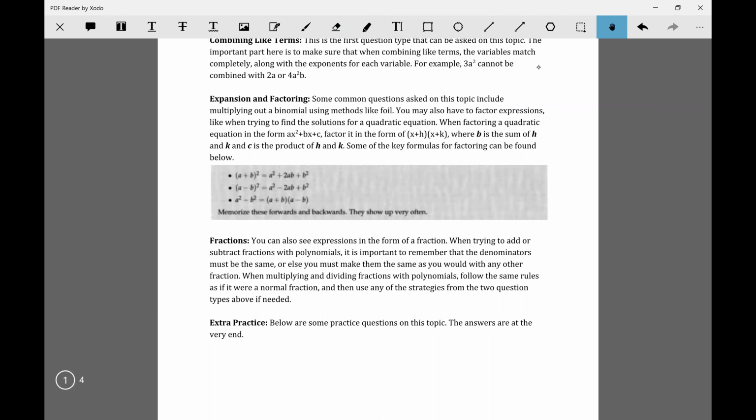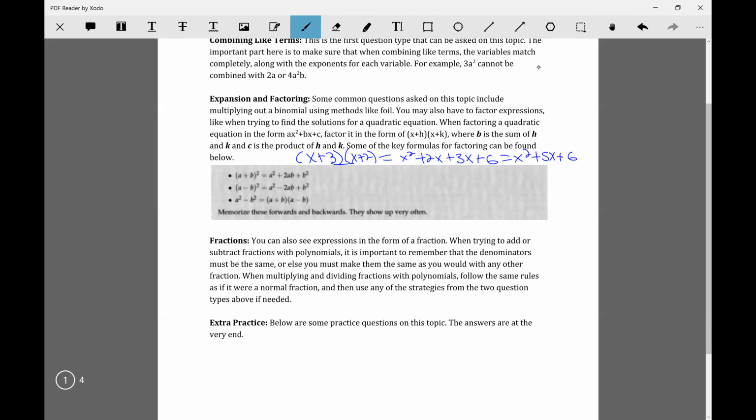So an example using FOIL would be, let's say you had x plus 3 times x plus 2. Using FOIL would be x times x, so that's equal to x squared. Then 2 times x, which is plus 2x, plus 3 times x, so that's plus 3x, plus 3 times 2, which is 6. So then if you simplify this, it would just be x squared plus 5x plus 6. So that's how you would expand